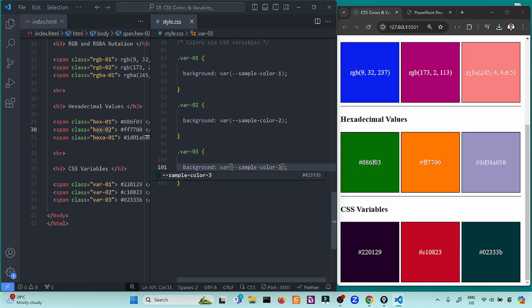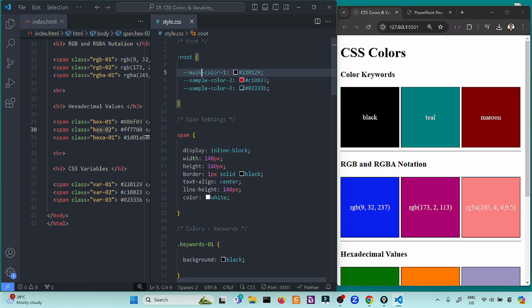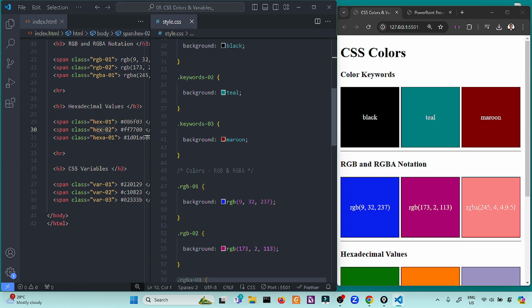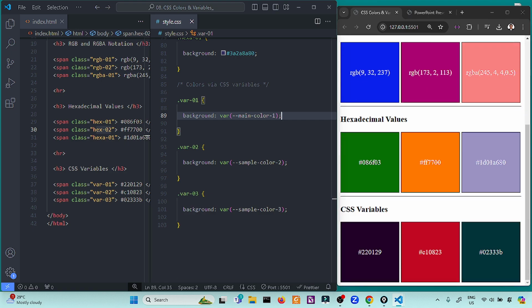This is much more flexible because you can rename specific colors, and not just colors but dimensions and specific settings. This is not only limited to colors. For example, if your web page has a main color 1, you can easily remember the color by naming it, for example, main color 1.